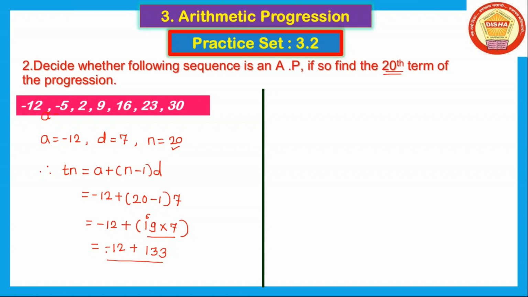Again here see both have different signs. So we find here T20 is equal to, we are taking the subtraction of both numbers, which is equal to 121, and the sign of the bigger number is positive. Therefore, the 20th term of the given sequence is